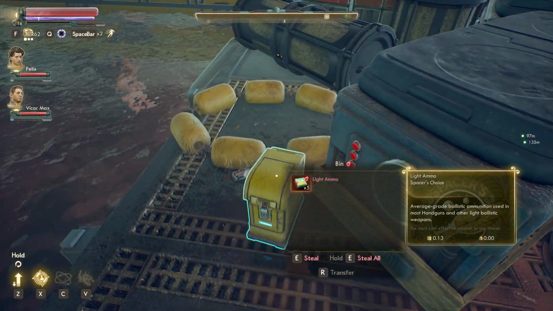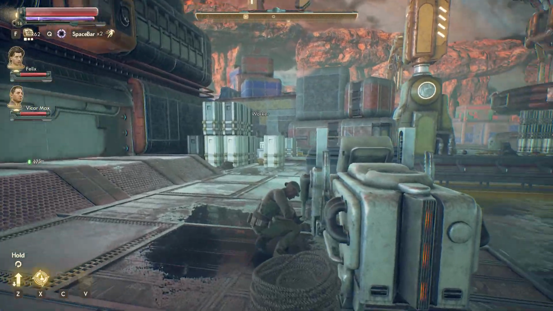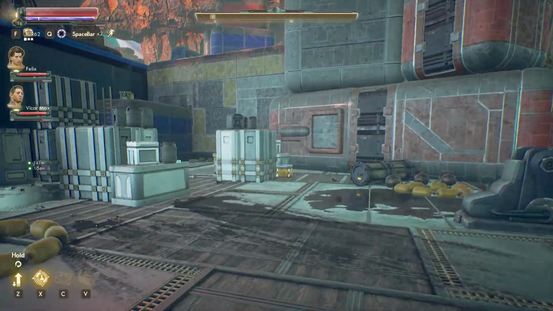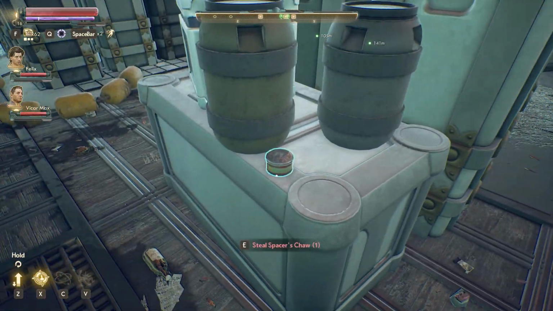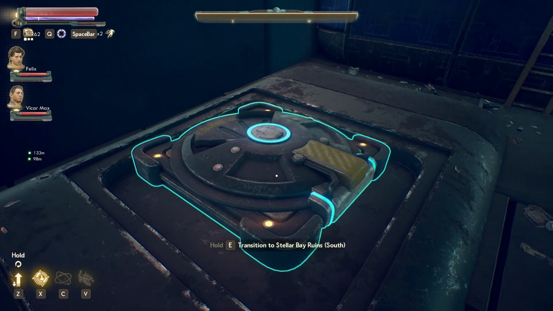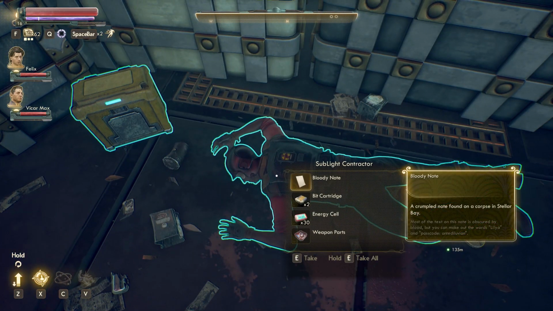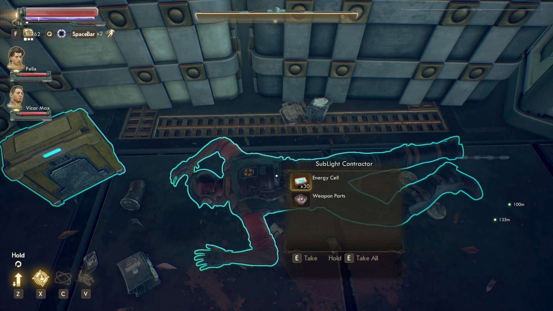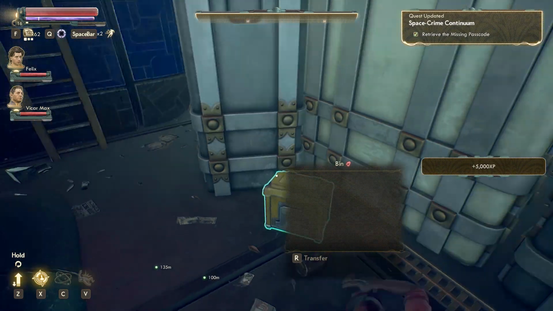Interesting. Love the light ammo. Oh, right next to the worker. Yeah, luckily he's oblivious, right? Ooh, love that. Stellar Bay Ruin South. Interesting. Bloody note. A crumpled note found on a corpse in Stellar Bay. Most of the text on this note is obscured by blood, but you can make out the words Lilia and passcode Antediluvian. It's an Antediluvian not meant to be...